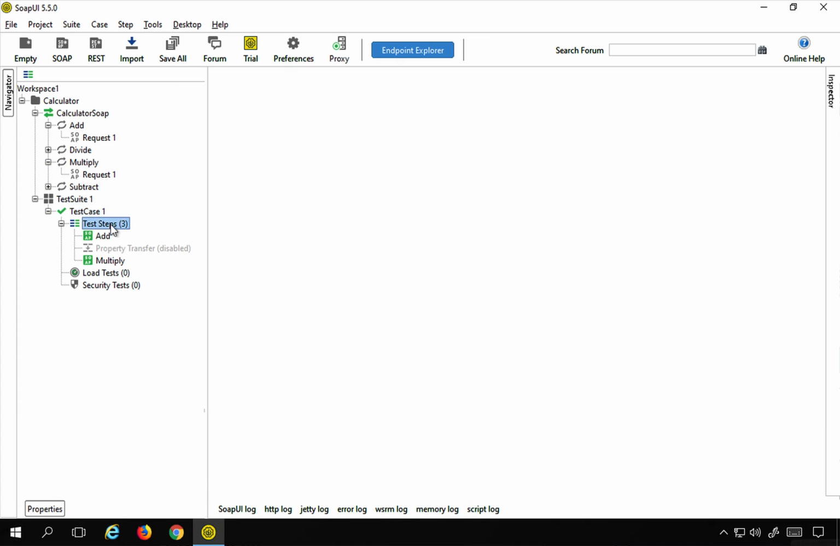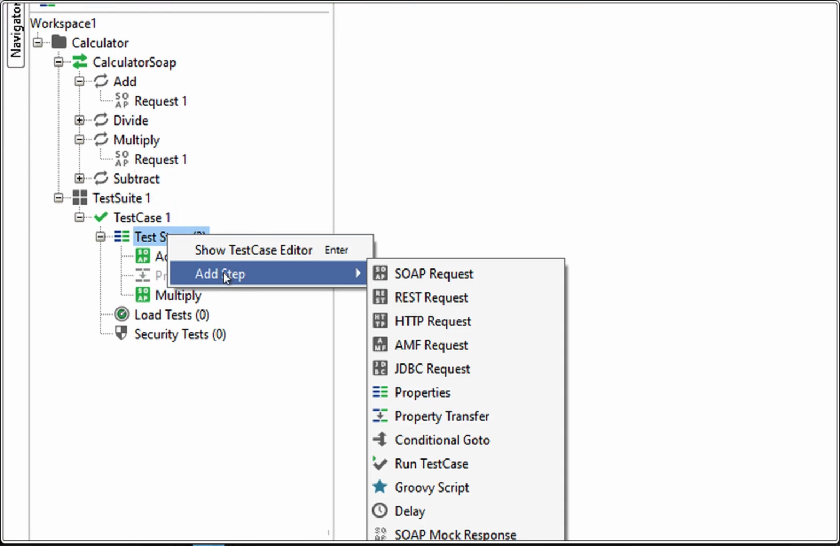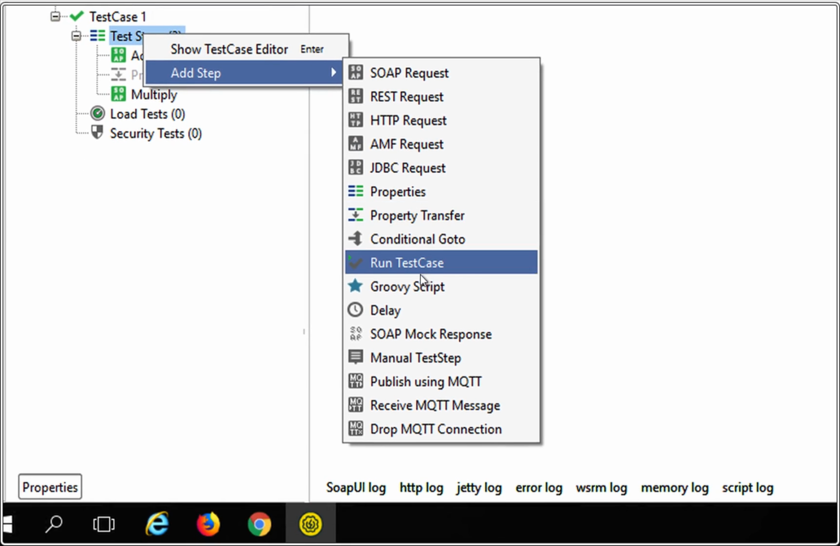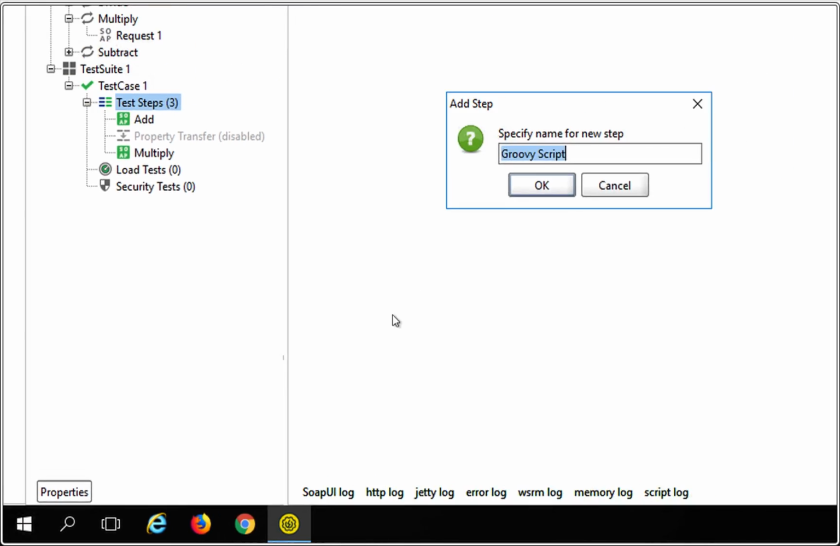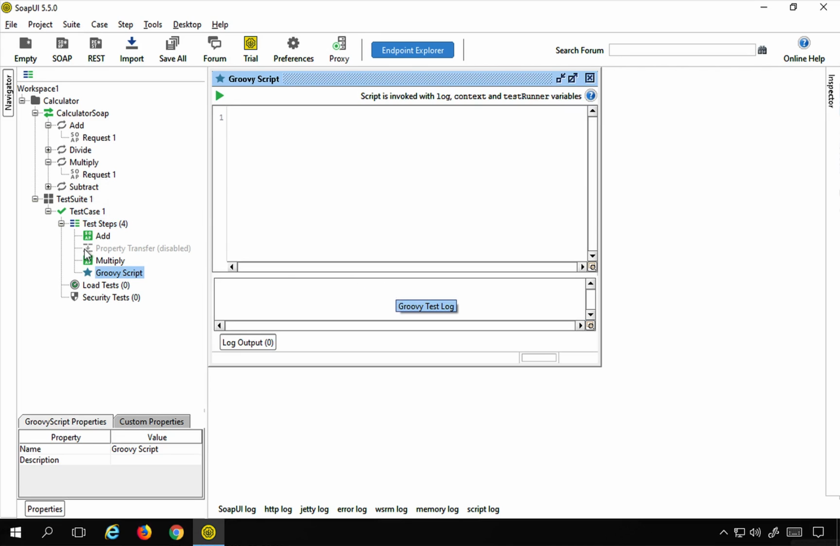I will create a new Groovy step. So right click on the test case or test step and say add step. I will select Groovy script, and you can name it anything. I will go with the default name, and this is the Groovy script. Let me take it to the top,